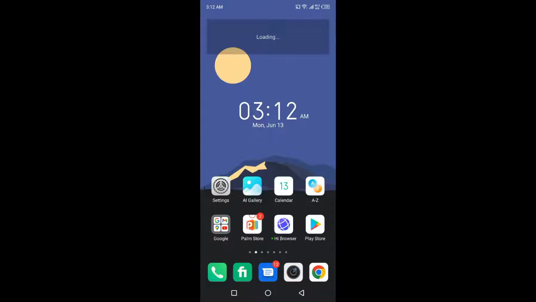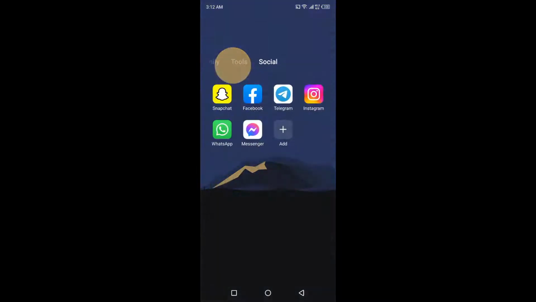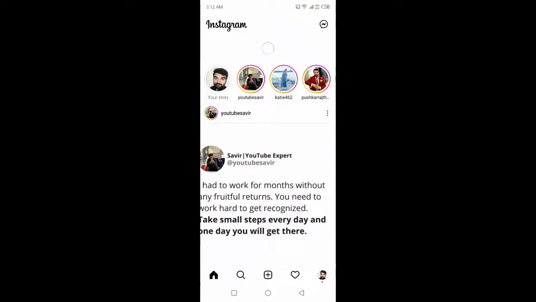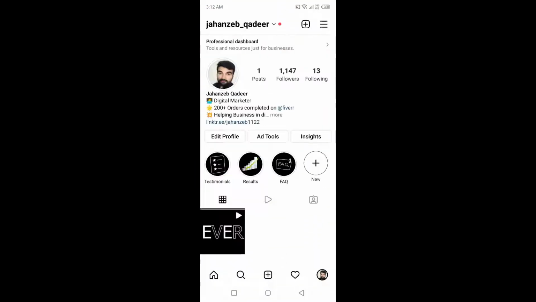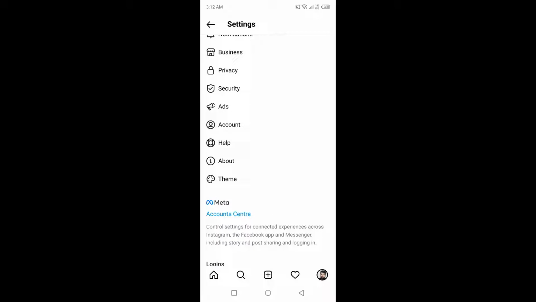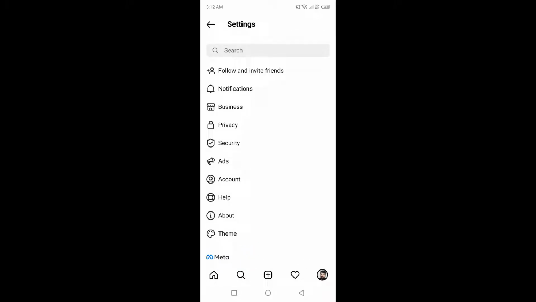The first step you need to do is to open Instagram. Once you open Instagram, then you need to click on your profile picture in the right bottom corner, and then you need to click on three bars in the top right and click on settings. But in settings, you will not find any options, so you simply need to click on the home icon